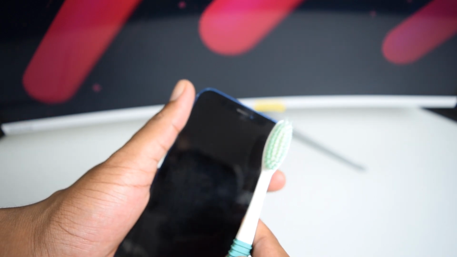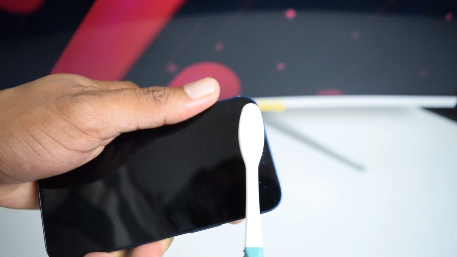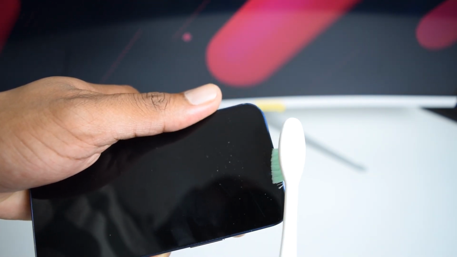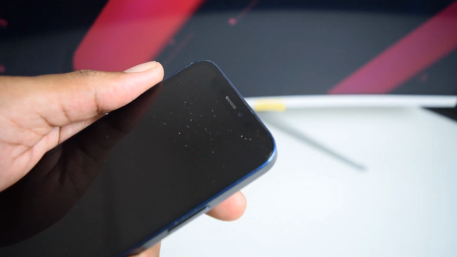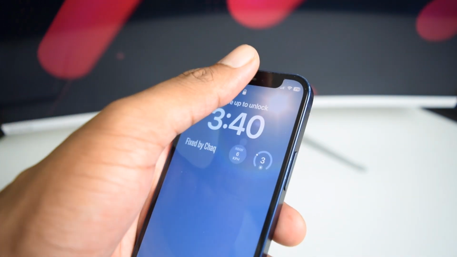Okay, so if it's still not working fine, what I would need you guys to do is to actually lock the phone and get a toothbrush, like a brand new toothbrush which is clean and totally dry. So I want you guys to brush a bit here at the top on this ear speaker and remove as much dust or dirt from your phone as possible. And as you guys can see, for example, I don't know if this is visible here at the camera, but there's a lot of dust here on top. Okay, this is all dust that is coming out here from my phone. So it's important to clean and then perform the same test, call somebody and see if the proximity sensor is